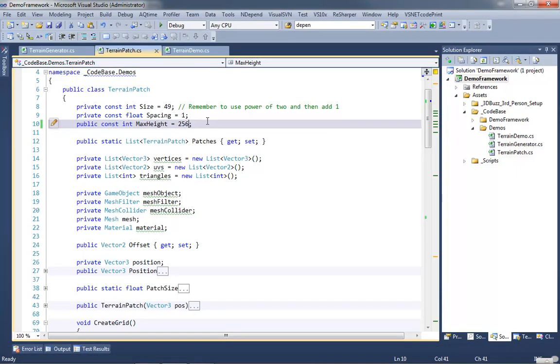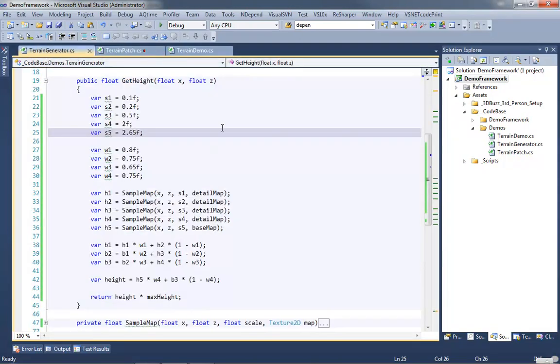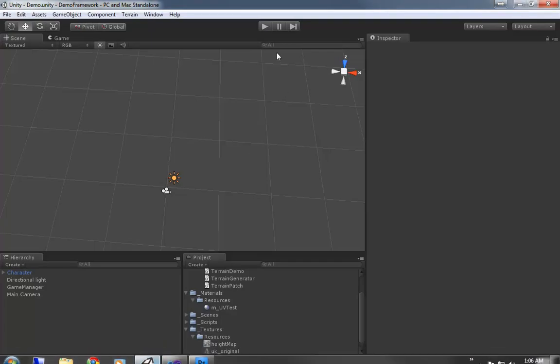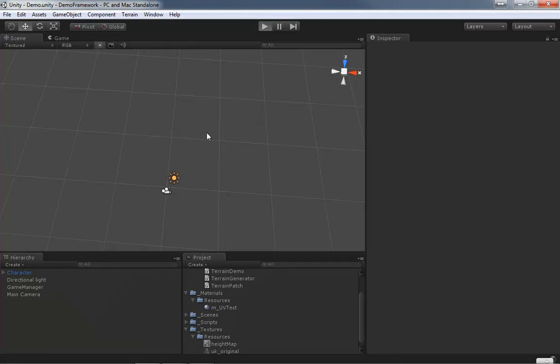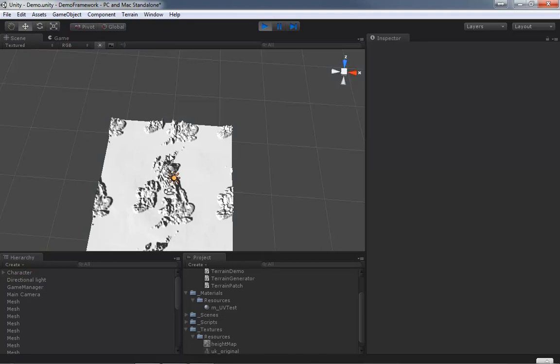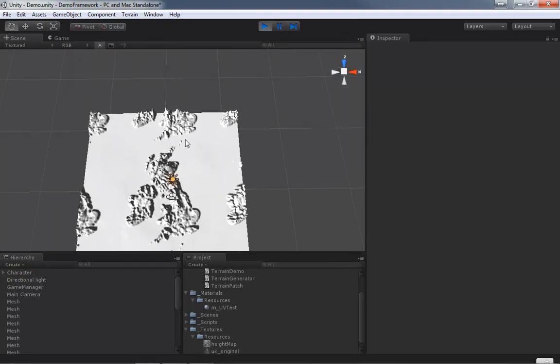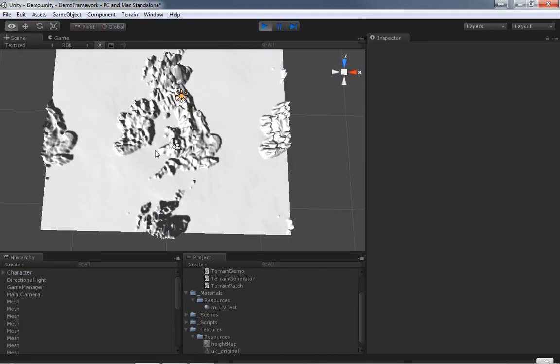But let's drop this down to about 64. And let's take our scaling over here, and let's try 14.1. And let's try that. Okay, closer. It's a little inaccurate, but now if we zoom in,